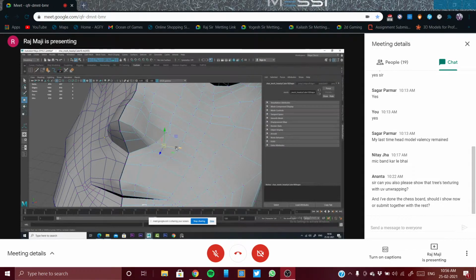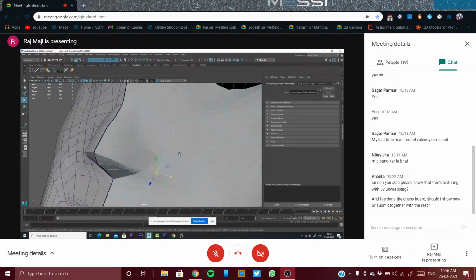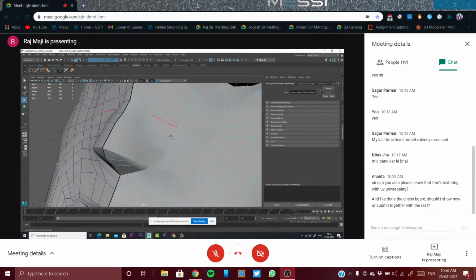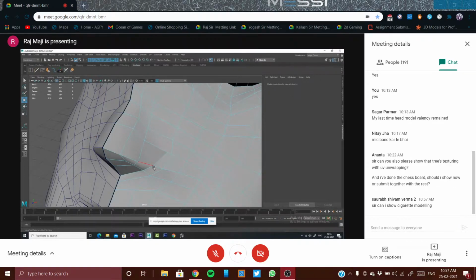So that ring near the nose is compulsory in every character, right? Definitely, the nose wing will be there in each and every character. Some characters may not have any nose wing, and in those cases you don't have to do it.